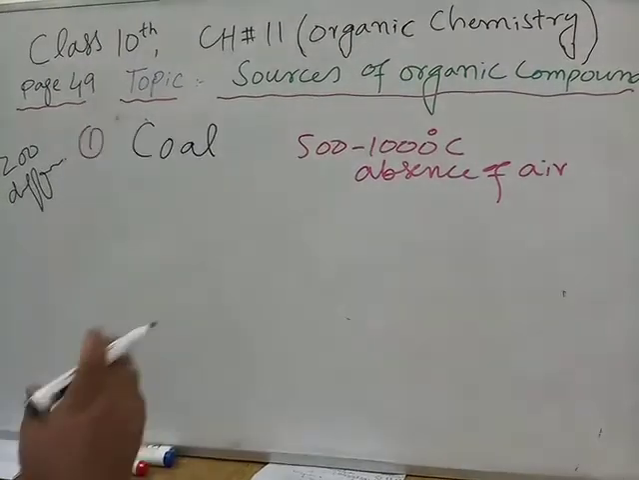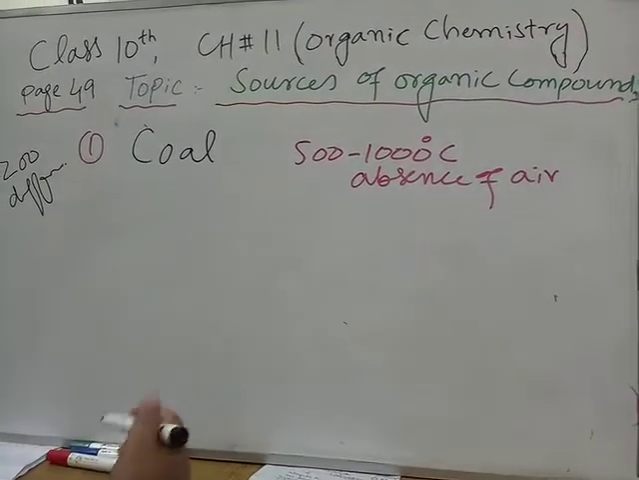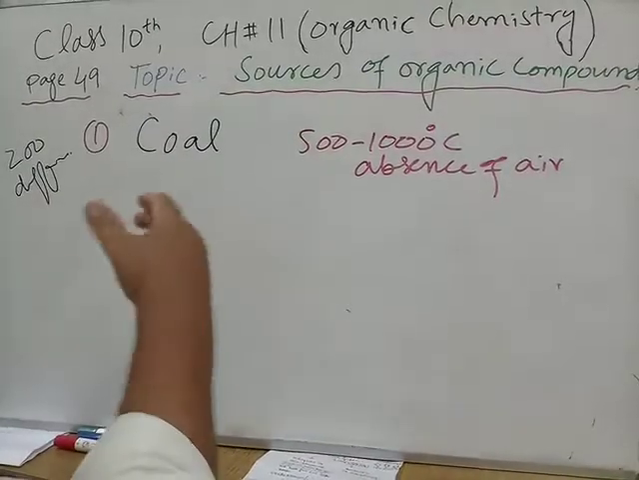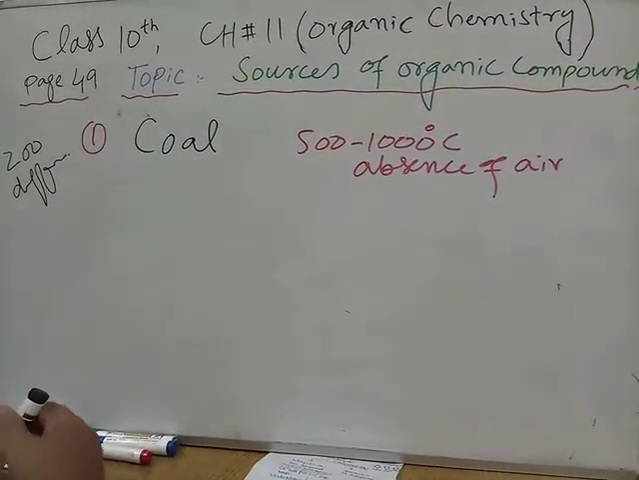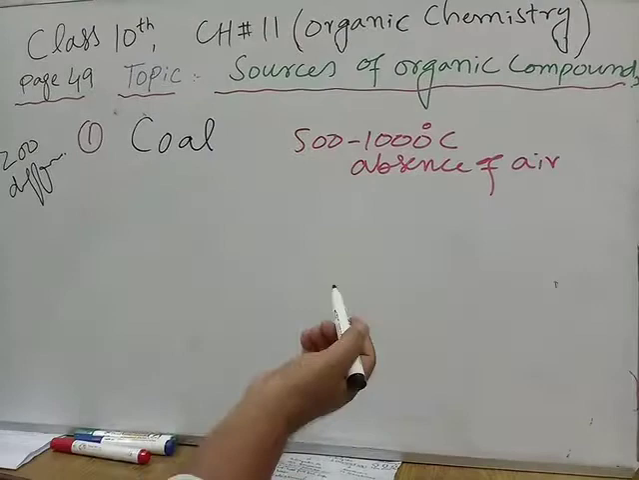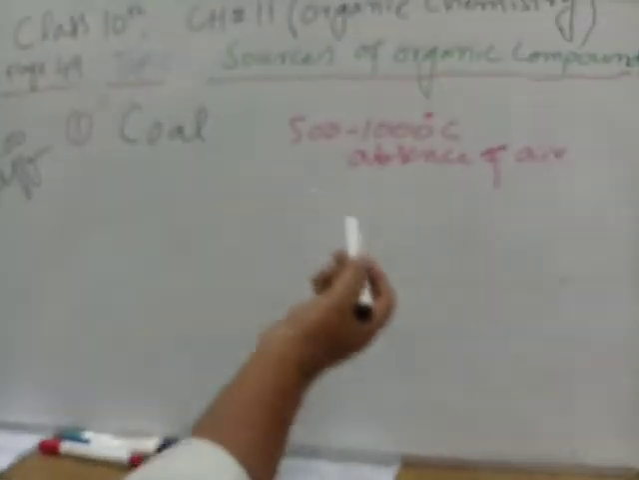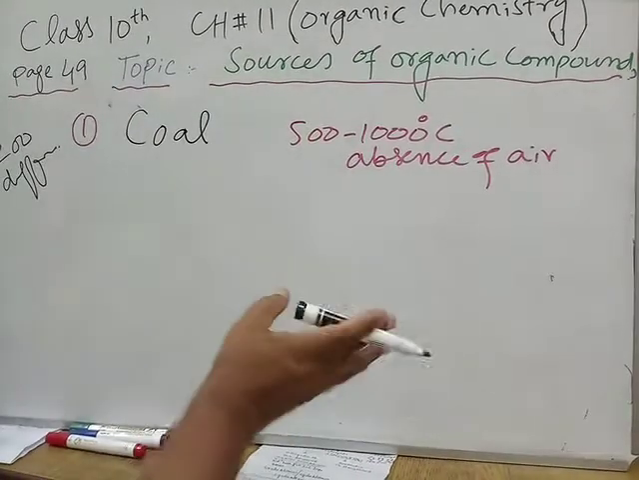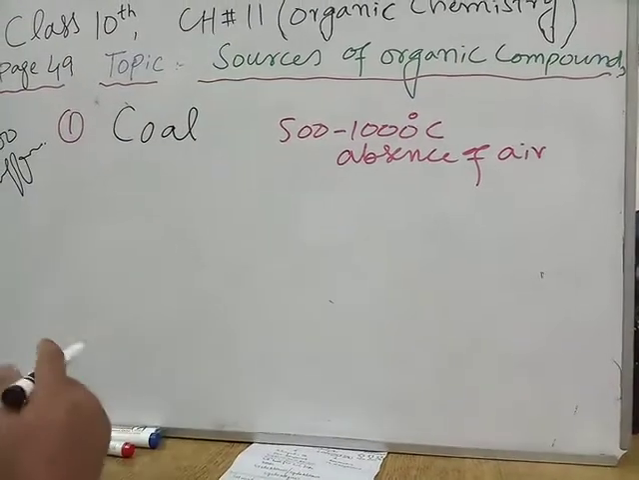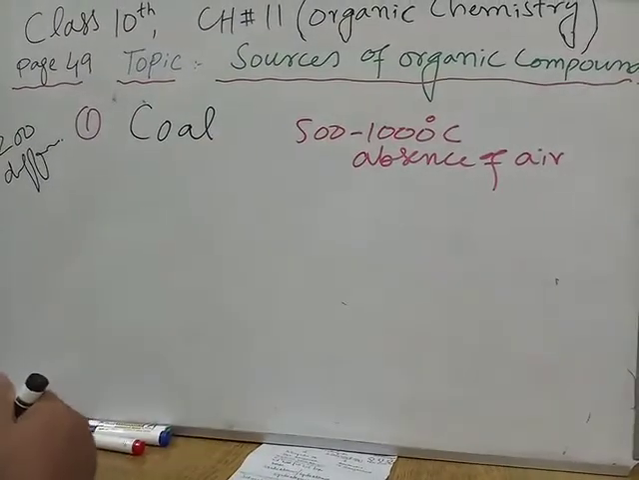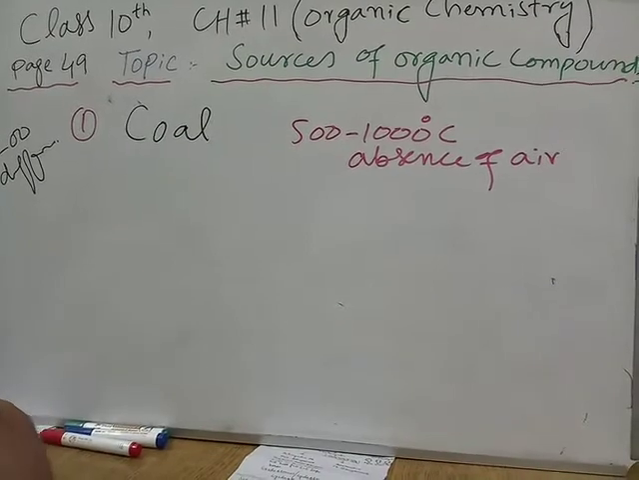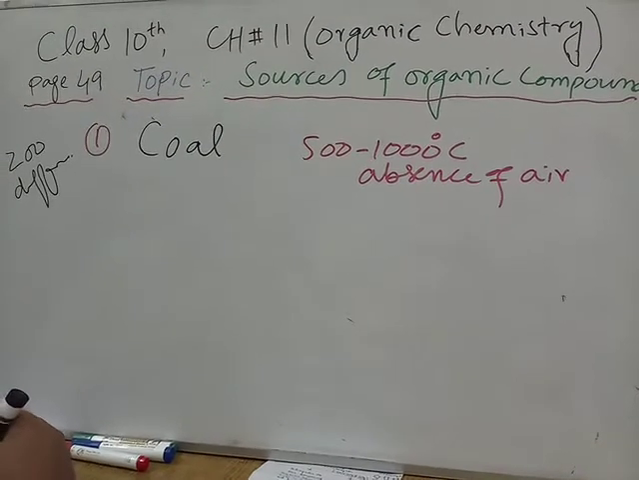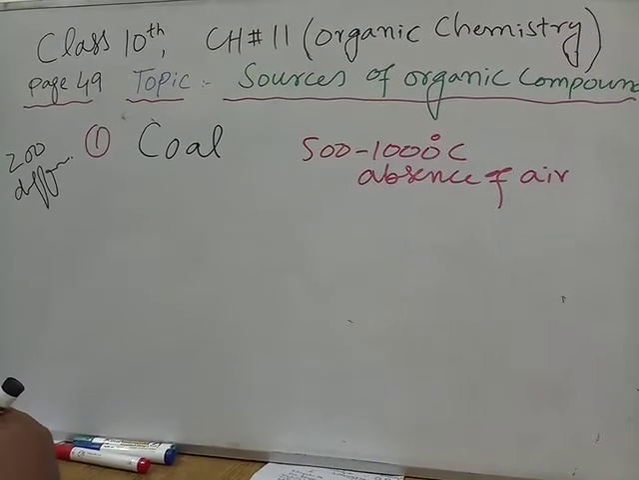The further fractional distillation of coal tar gives us many compounds, many aromatic compounds, some open chain and some unsaturated compounds, which are used in the manufacture of pesticides, paints, fertilizers, explosives, dyes, many plastics and many other petrochemicals. These are called petrochemicals. Then many other areas of industrial importance. So coal is the first source of organic compounds, and we get more than 200 different